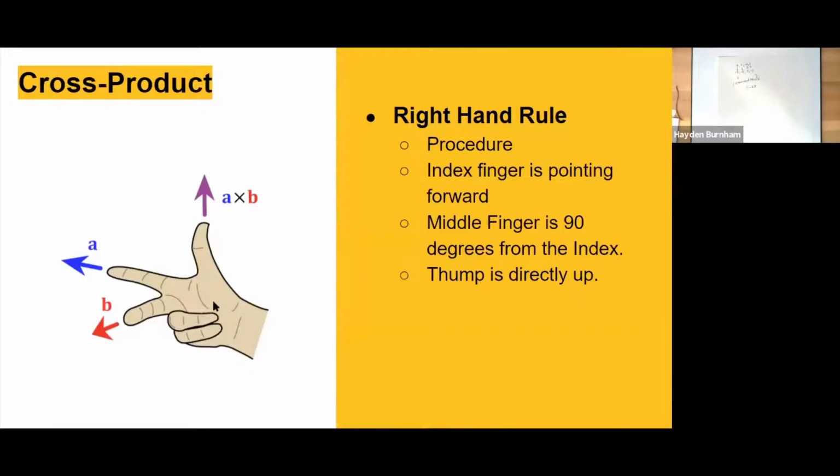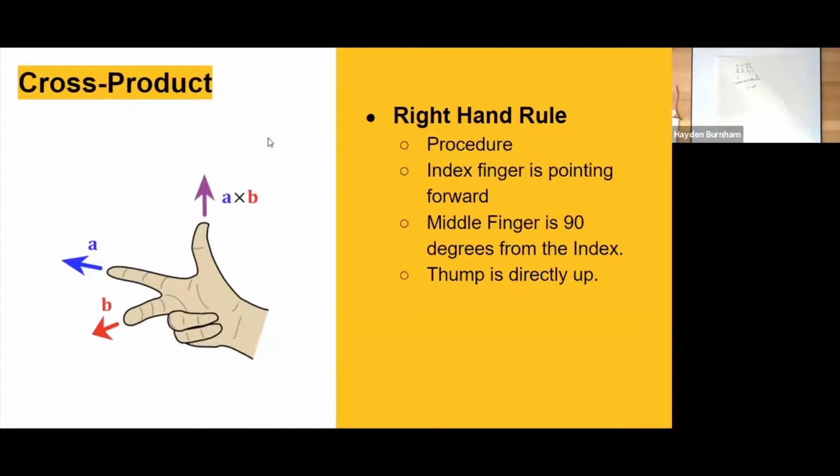So one of the important things to understand is something called the cross product. And it's kind of weird because it's kind of like the dot product, but what you have in the end is not a scalar, it's going to be a vector. And there's this simple rule or kind of trick to figuring it out. It's called the right-hand rule. And the right-hand rule is really easy.